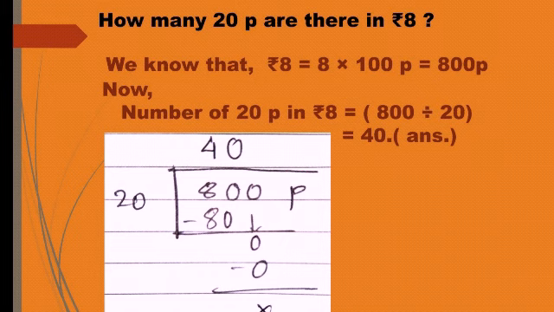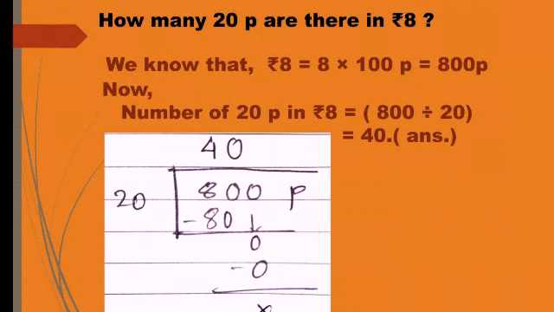First of all you think that how many times 20 paise comes in 8 rupees. That means here we have to break 8 rupees, means we first have to convert 8 rupees into paise, and we have to separate it into 20 paises. So when we are separating something, at that time we have to divide. So here also we have to divide.